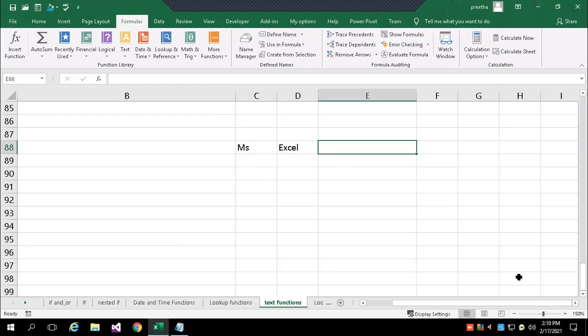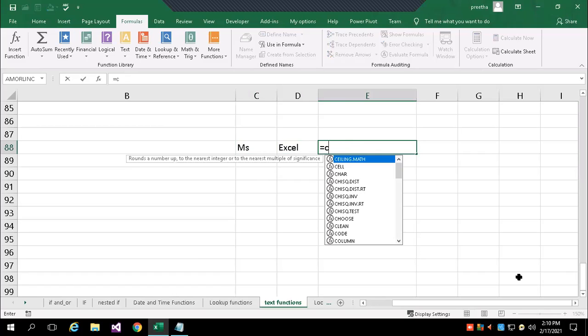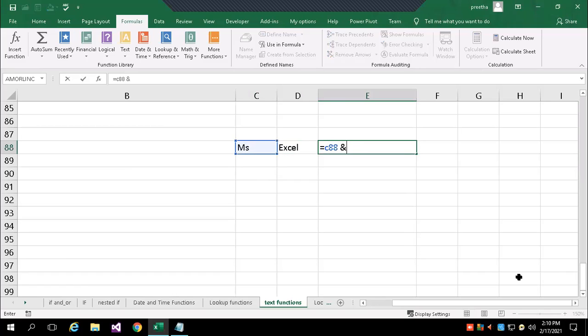So I introduce the AND operator. Equal to C88 ampersand D88.